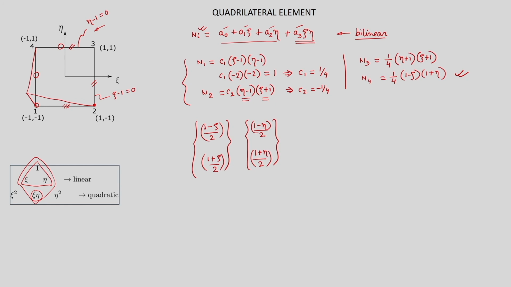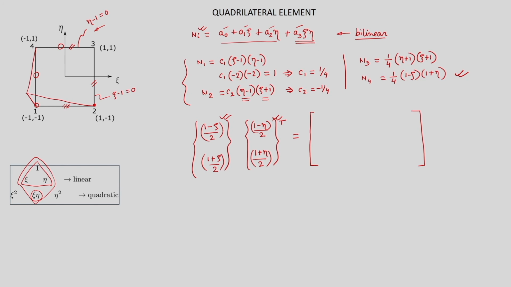So, what I have done basically, this is the 1D shape function in xi, these are the 1D shape functions in eta corresponding to p equal to 1. Then we will take the tensor product. So, I will say this column vector times the transpose of this column vector. So, that will give us the shape functions corresponding to p equal to 1 for this quadrilateral element.